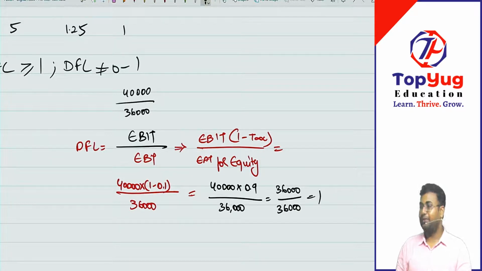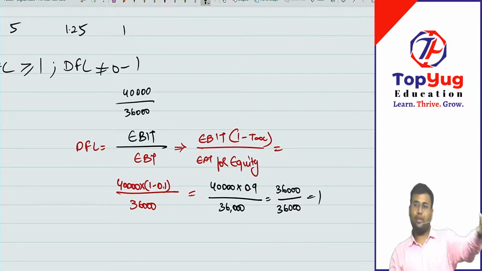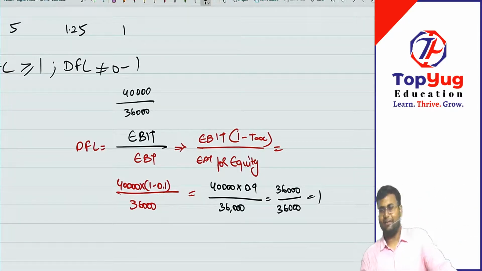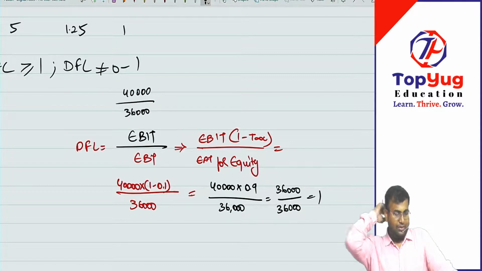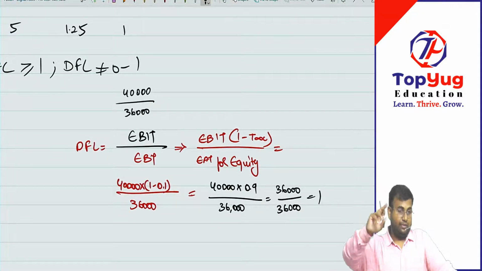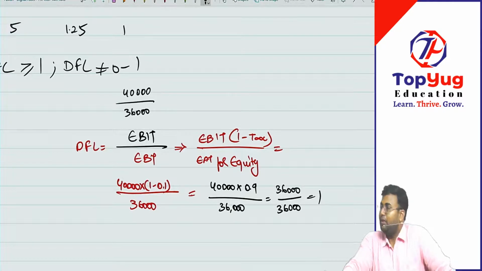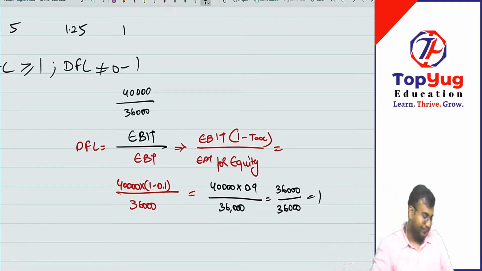Correct? Got it? Conceptually matched. Year 3, only I am discussing year 3. Year 2 and 1, you can do it now. Simple. Yes or no? Now you also understand that by doing 1 minus tax, as if tax is taken as an over and above item. Matter closed? Done? Make a note.